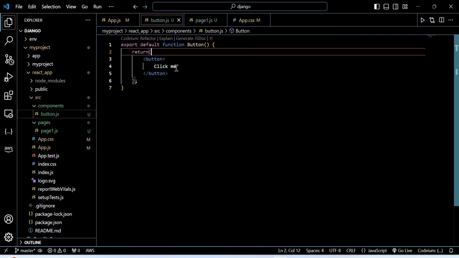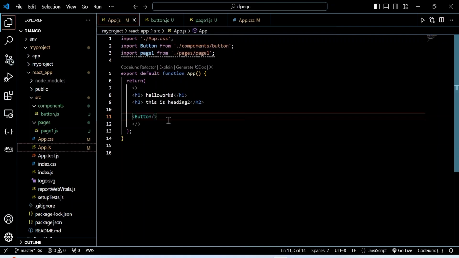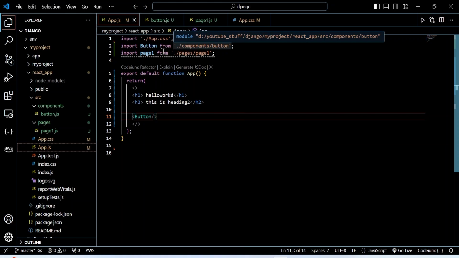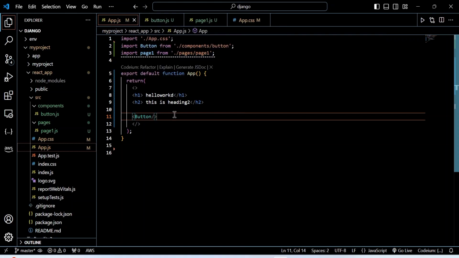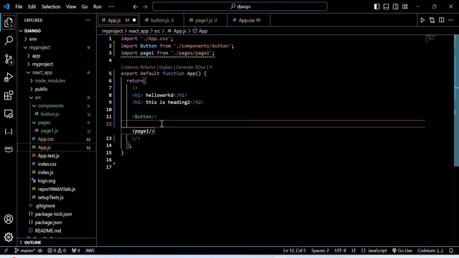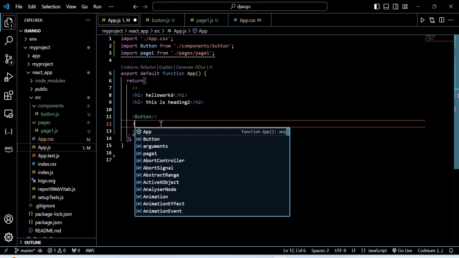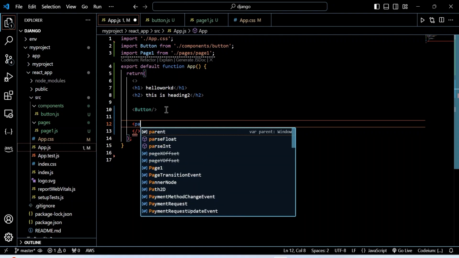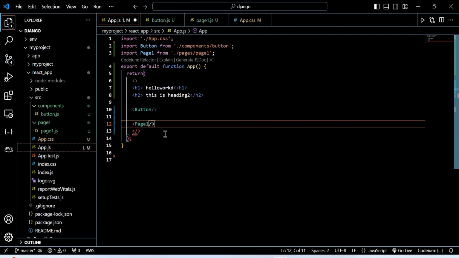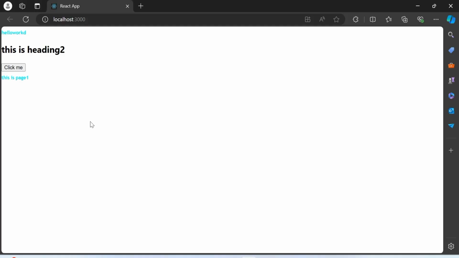This is now actually inside this app.js, and you can see this white line has gone because we used it. If you could see, this is declared but the value is never read. So for this we can say Page1, here it is, Page1, and just close the tag and say control S,